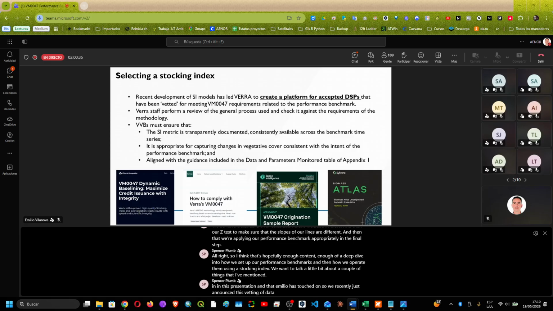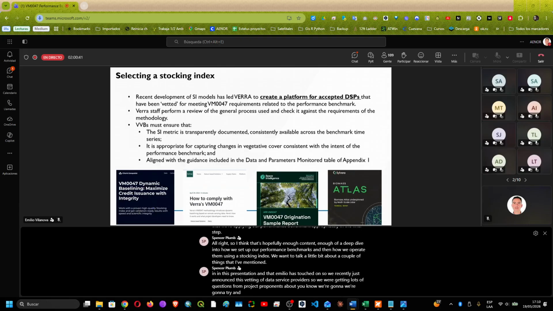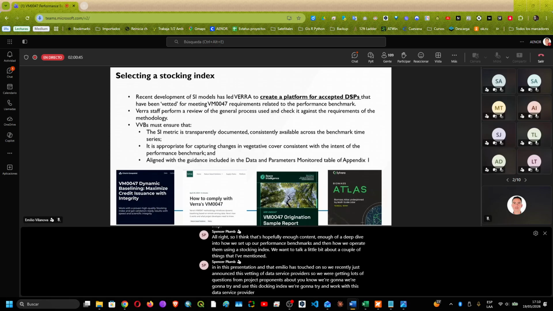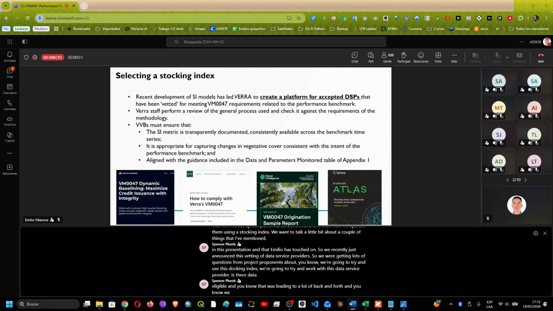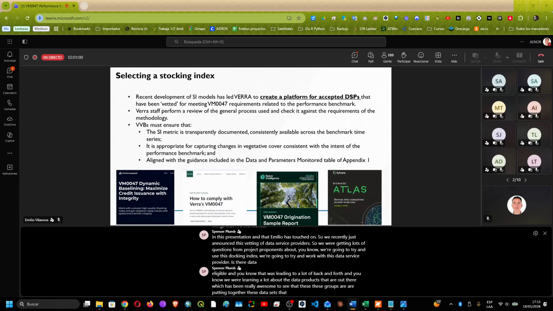vetting of data service providers. So we were getting lots of questions from project proponents about, we're going to try and use this stocking index. We're going to try and work with this data service provider. Is their data eligible? And that was leading to a lot of back and forth. And we were learning a lot about the data products that are out there, which has been really awesome to see that these groups are putting together these data sets that actually work